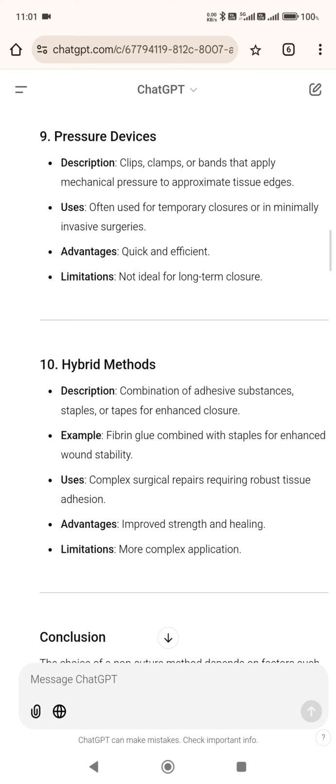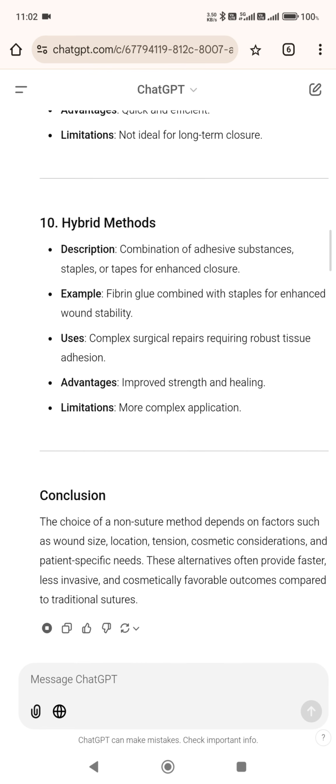10. Hybrid methods. Description: combination of adhesive substances, staples, or tapes for enhanced closure. Example: fibrin glue combined with staples for enhanced wound stability. Uses: complex surgical repairs requiring robust tissue adhesion. Advantages: improved strength and healing. Limitations: more complex application. Conclusion: the choice of a non-suture method depends on factors such as wound size, location, tension,